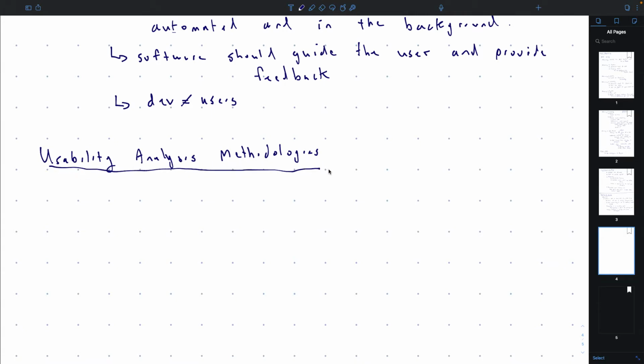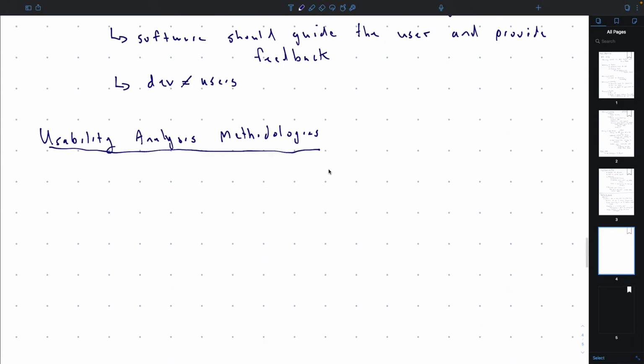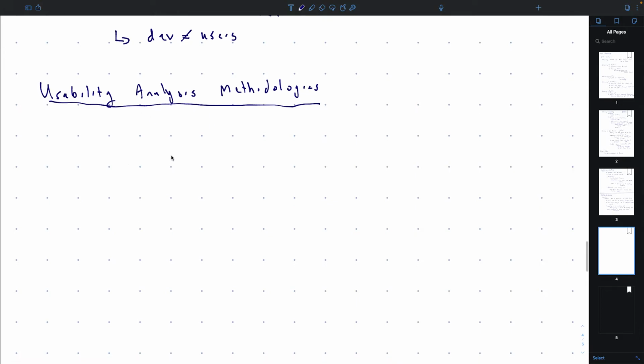These aren't specific to security, so it would be the same thing if you just wanted to test other aspects of the software. But where security comes in is more in the questions that you're asking. So you're asking questions about security as you go through these methodologies. These methodologies are more general. They fall into a class of HCI, human-computer interaction, which is the broader field of usability. But there's a sub-community that takes these methodologies and applies them to questions of security tools and analyzing them.